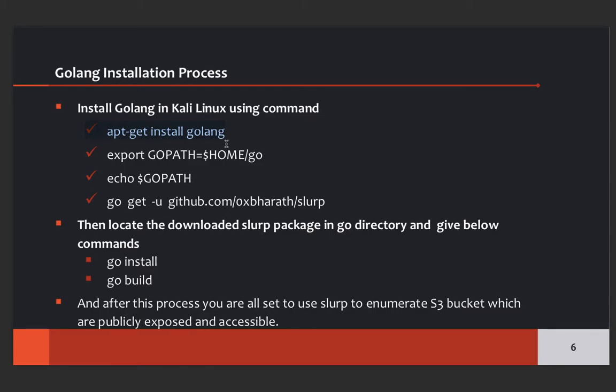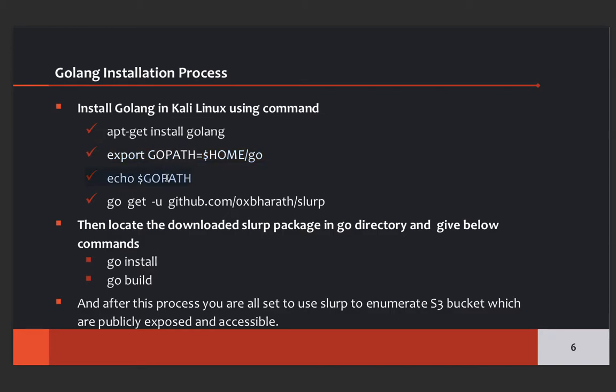After that, we have to export the Go path, bringing it to the specific location that we want. Once we give this command, in my case I will be shifting the package to my home directory. I'll show you practically, don't worry about it.